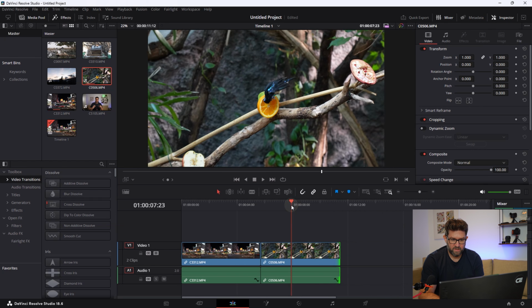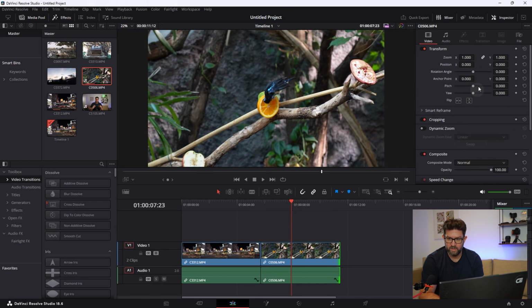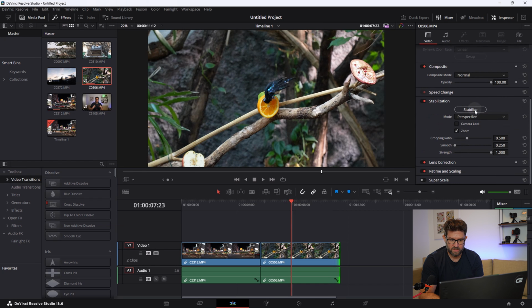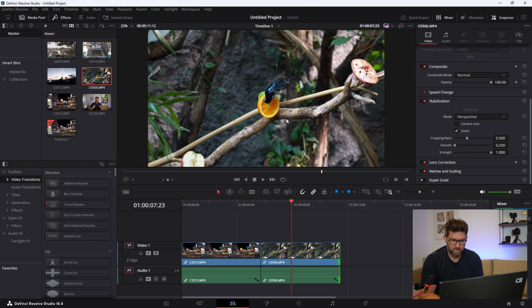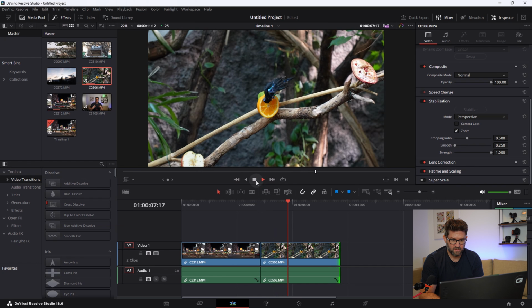So what I have here is a bird. I will also add a little bit of stabilization. You already have seen it in the beginner's tutorial. I go on stabilization. I stabilize also this part of the footage. So you already have seen that it crops in a little bit, but it will be more stable. So you lose a little bit of your video size, but you can see it's now very